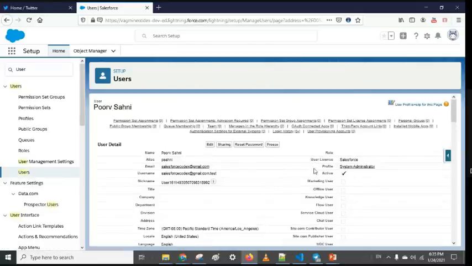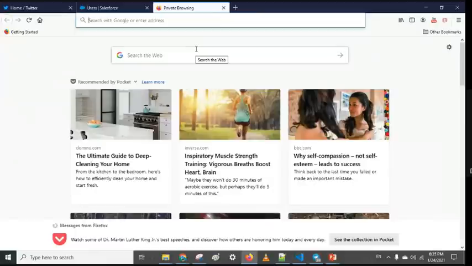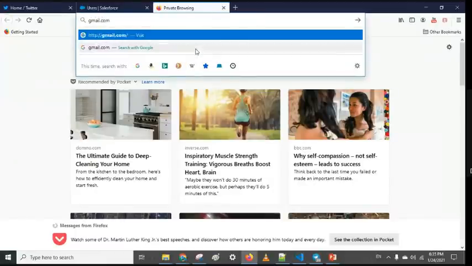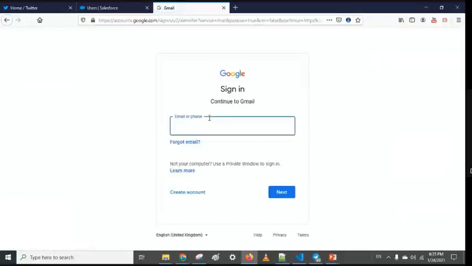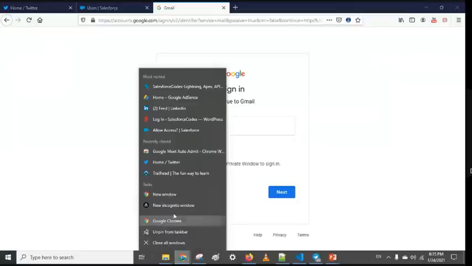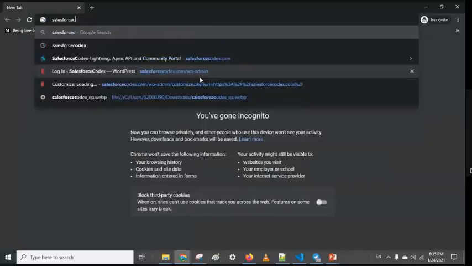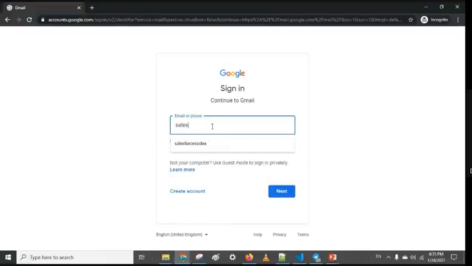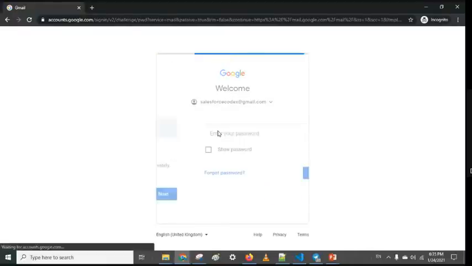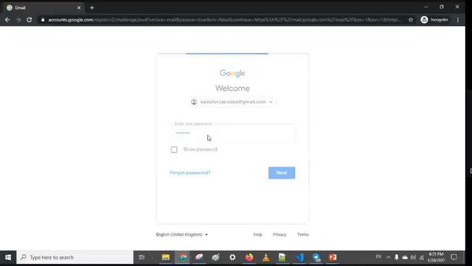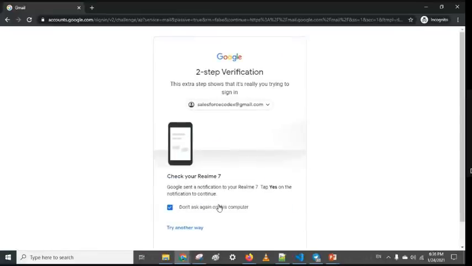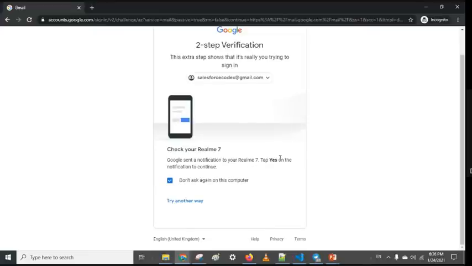Once the user is created, the email will be sent to the email provider. There is a different kind of two-factor authentication we have now.